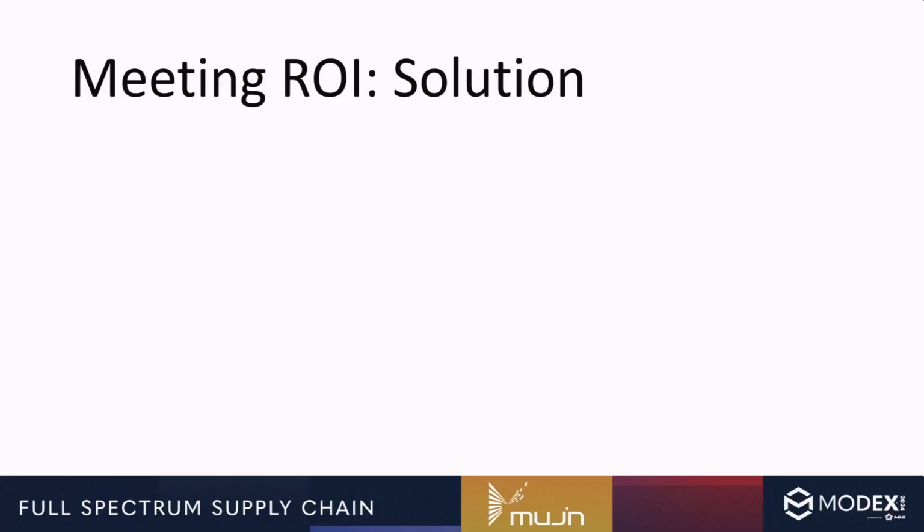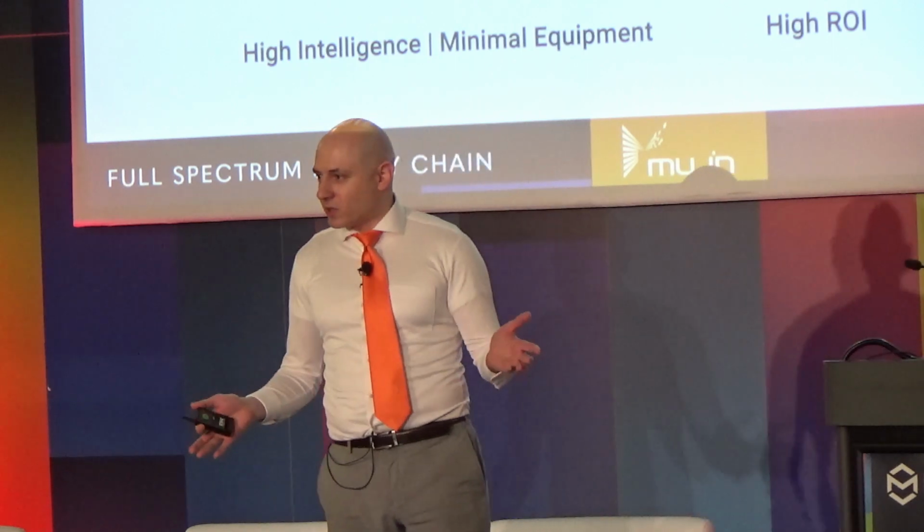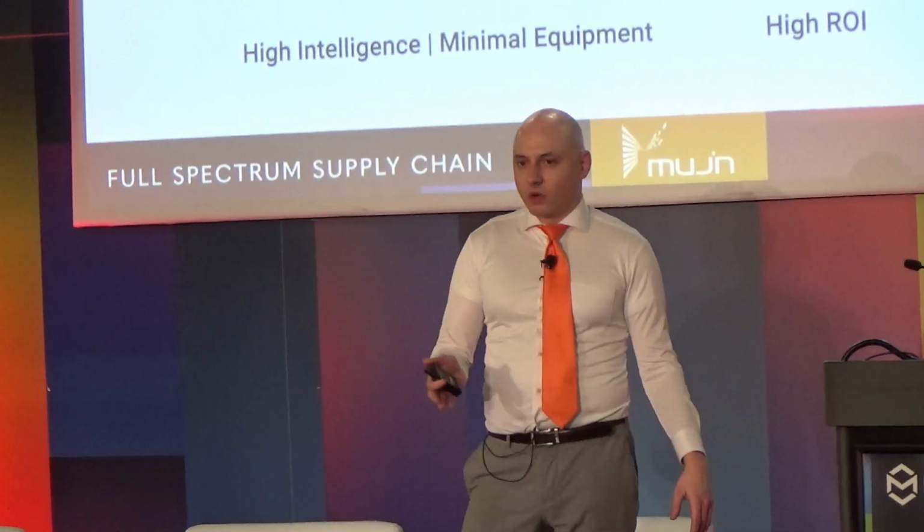And one way to increase that, and the solution that I've seen be very effective, is you do the opposite. You have high intelligence with minimal equipment. So instead of having a very complicated conveyor that singulates your cases, does a reorientation, does checking, make sure it's the right SKU is on there, you instead have more sensors in the system, more processing to figure out what is on there and what the optimal control is. And if you can solve the optimal control problem, you actually need less equipment, or that equipment will be much,